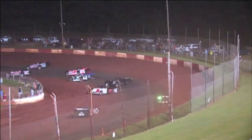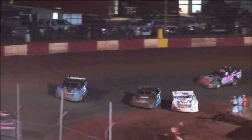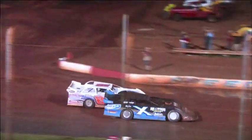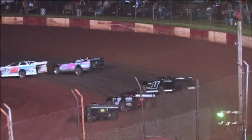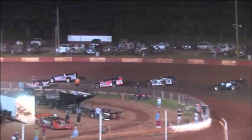Now 3 wide between Croft and the ex of Millwood. They stay for 5th. What a battle going on behind the leaders. And Ridley just got the door shut in his face by Millwood. And you know, they do it 3 wide at Rome, too, and boy, that just...